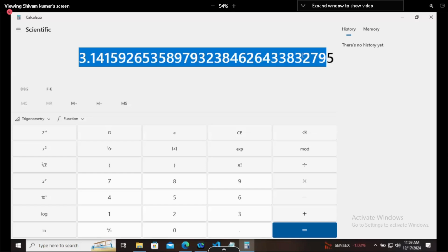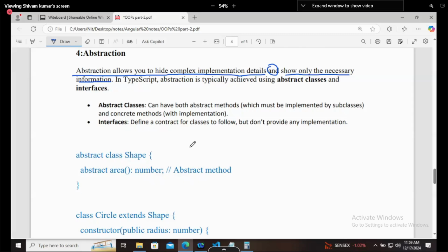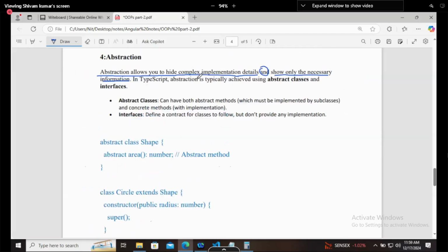So we are just using it. Then in this next way, abstraction allows you to hide complex implementation details and show only the necessary information.